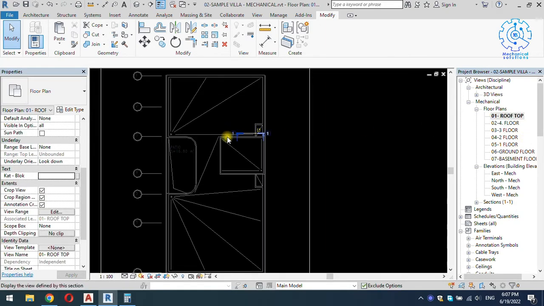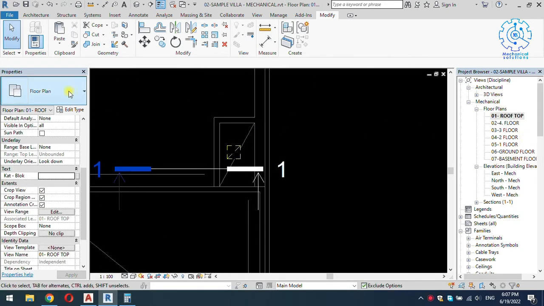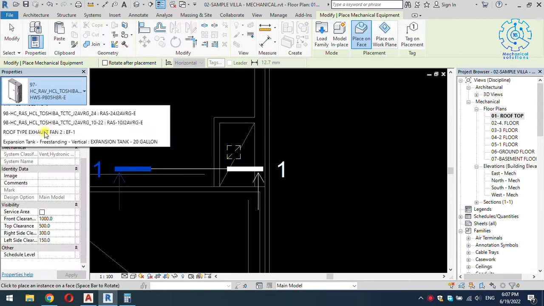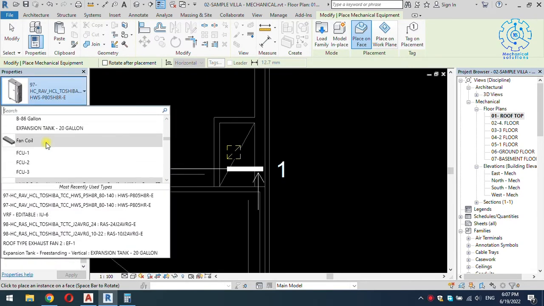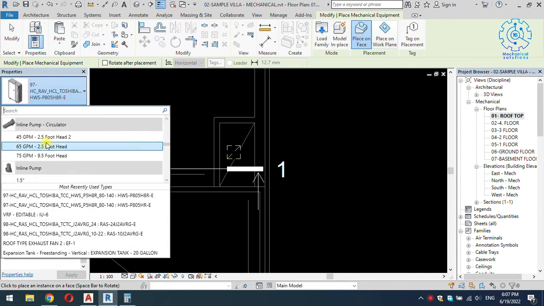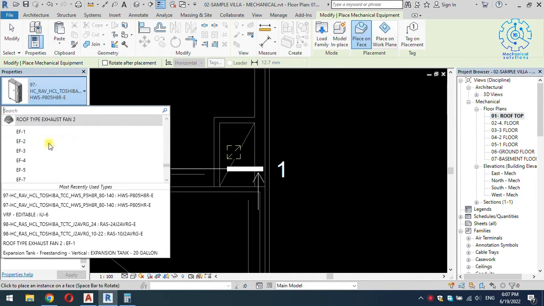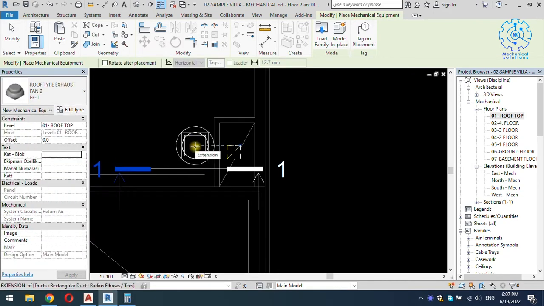Now I'm going to rooftop and I'm going to system, mechanical equipment, the roof type, exhaust fan. I will search for it here, EF fan. Okay,